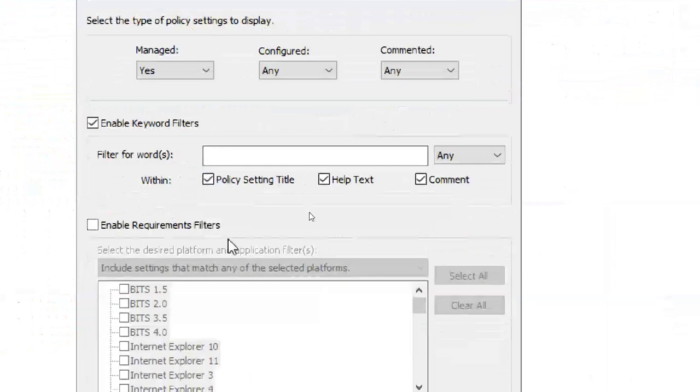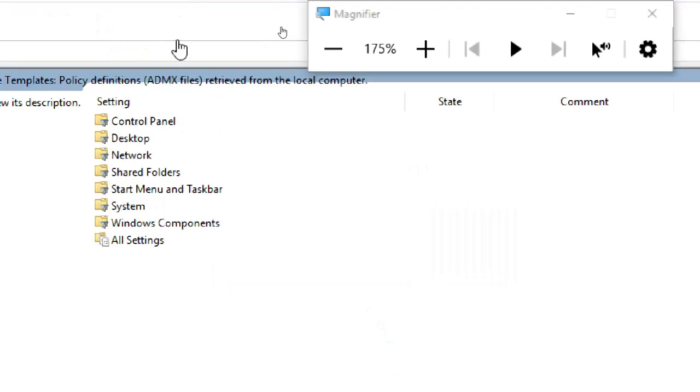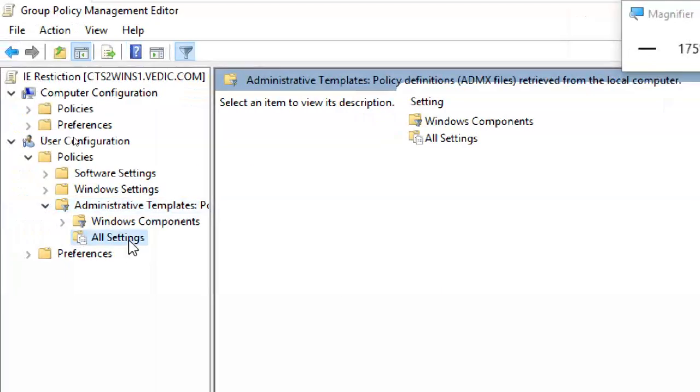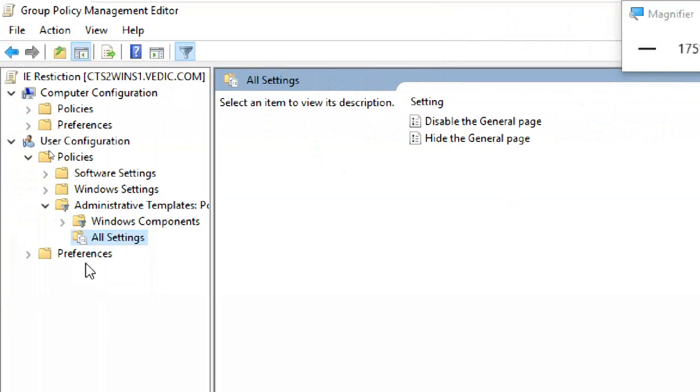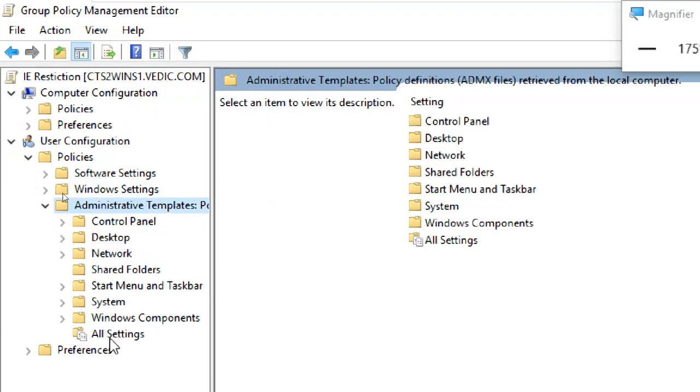Select this one, Enable Keyword Filters. Then I am typing. I know my group policy, that's why I'm typing general page. I put an exact match with this keyword. Click OK. I click on settings again. It is showing two options now. If you remove this filter and click on settings,